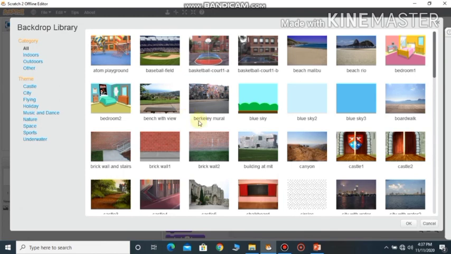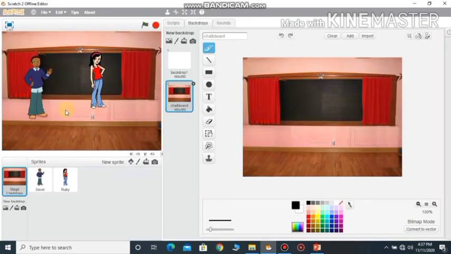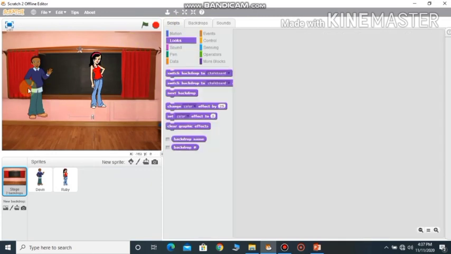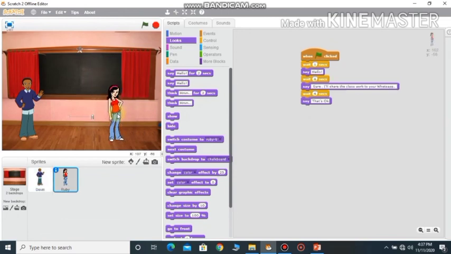Okay, so here also it will be category wise. We'll just come down. So we'll select the chalkboard, right? Whichever background you need, you can select it. Okay, so likewise, the backdrop will be selected. Okay, children. So here you can place it wherever it is required, like this. Fine. Hope you understood how to select the backdrops and all.